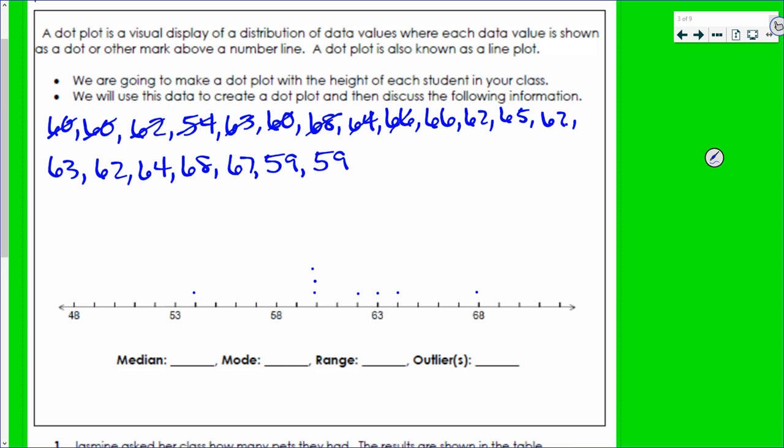64, 66, another 66, 62, now it has a second dot, 65, 62 gets a third dot, 63, 62 is up to 4, 64, 68, 67, 59,